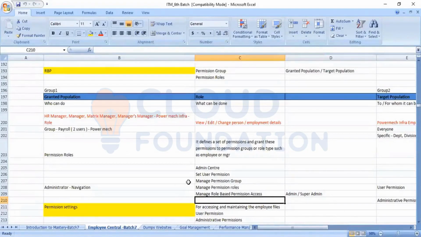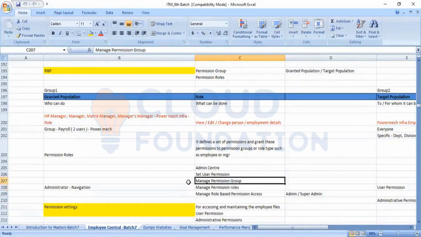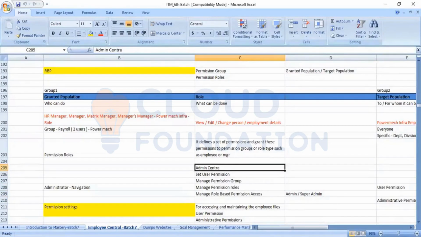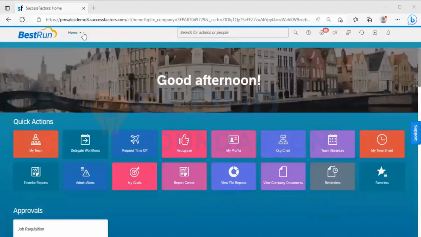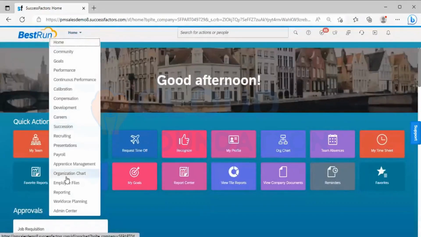Similarly, coming into the RDP also, we need to enable these features from the back end system, that is from the provisioning. Then only it will be visible in the admin center. Now when I take you into the system, now when I go here into the admin center page,